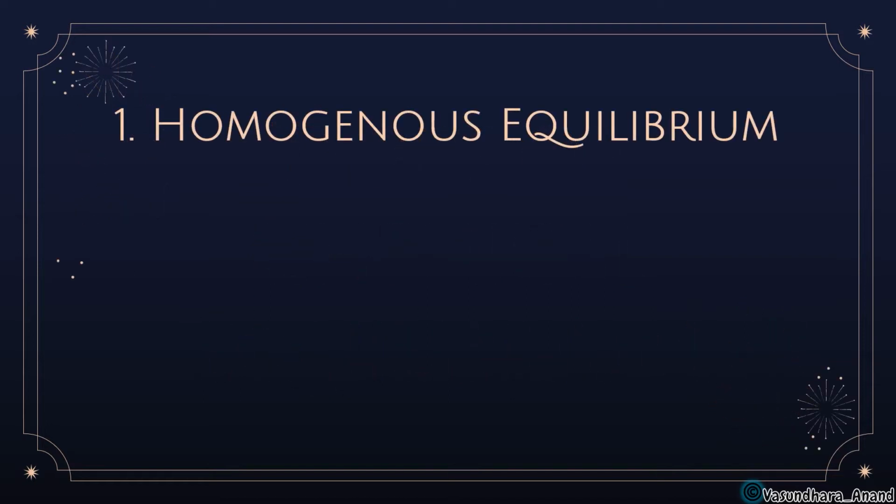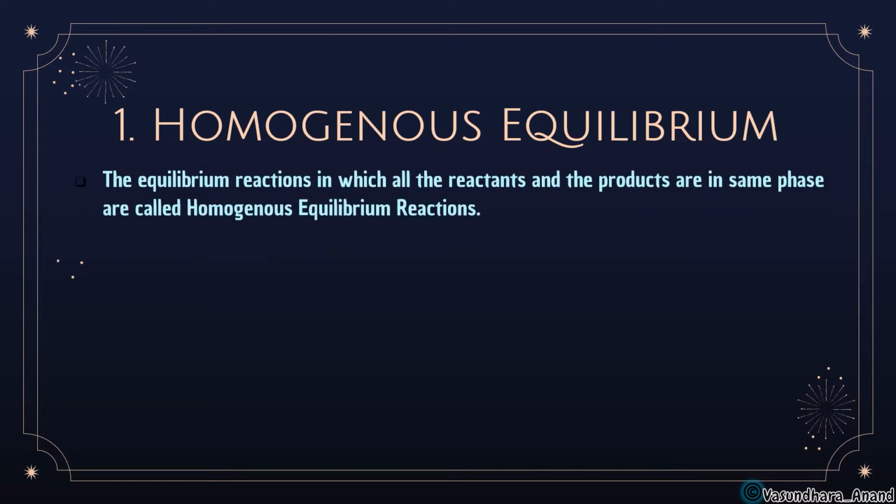First is going to be homogeneous equilibrium. What does it mean, homogeneous equilibrium? Equilibrium, you know, is when the rate of forward reaction and the rate of backward reaction are equal. But what is this homogeneous? In homogeneous equilibrium, all the reactants and the products belong to the same phase. Like all are solid phase, or all are liquid, or all are gas, then it will be called homogeneous. While if it was not so, then it will be heterogeneous.